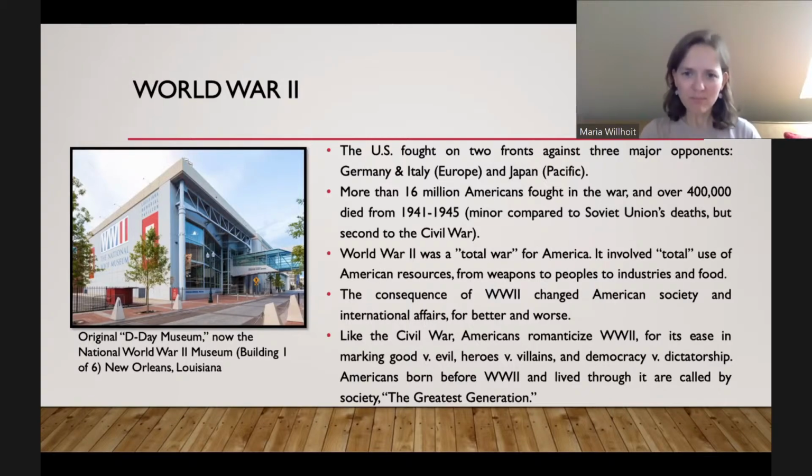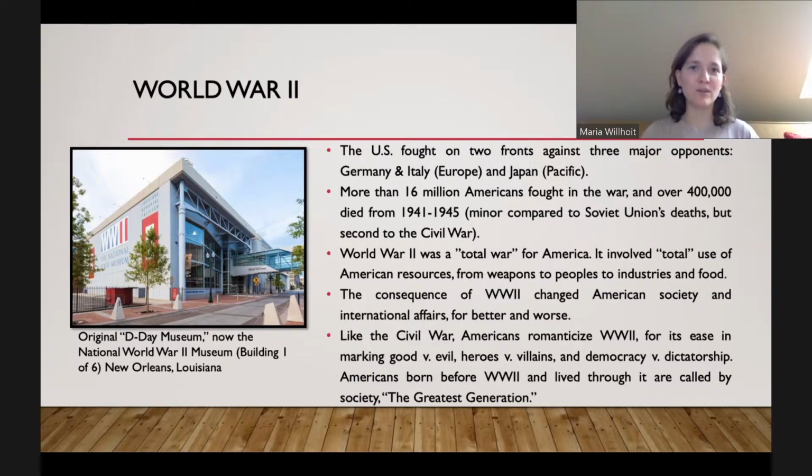But anyway, another consequence of World War II is, like the Civil War, I would say, it's very strong in our society in terms of our cultural memory. And I know this is the same for you, and you don't even call it World War II in Ukraine. You call it the Great Patriotic War, which is a very strong word, and it's a very appropriate word, but it's very strong.